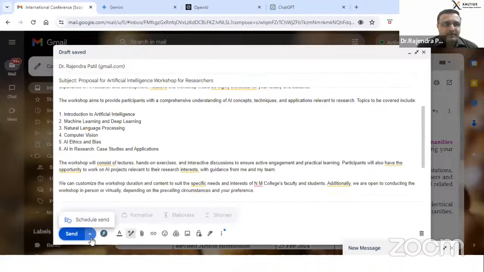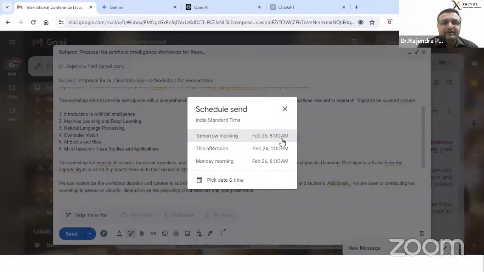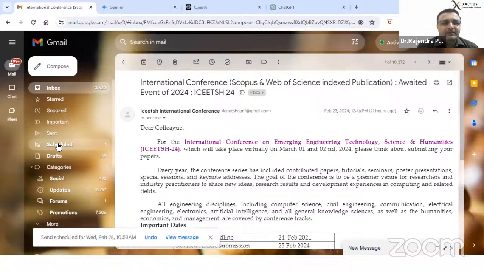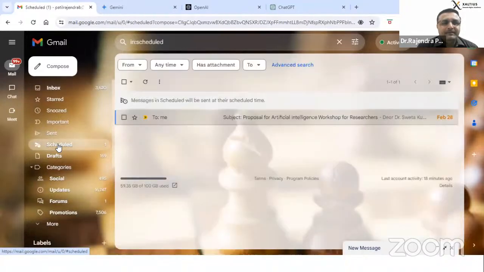So when should this mail be sent? Tomorrow morning, or today afternoon, Monday, or pick and customize your date and time. When I say tomorrow it should be sent on the 28th. So I will schedule send, and you can see the scheduled messages on the left side. So this is how your mail can be done.